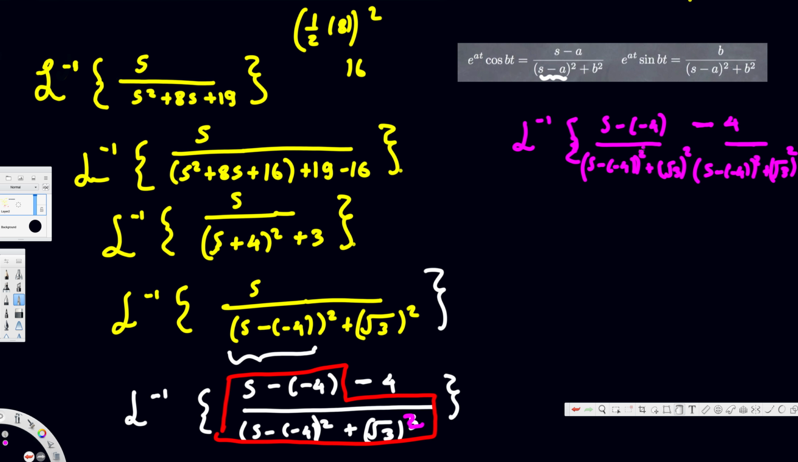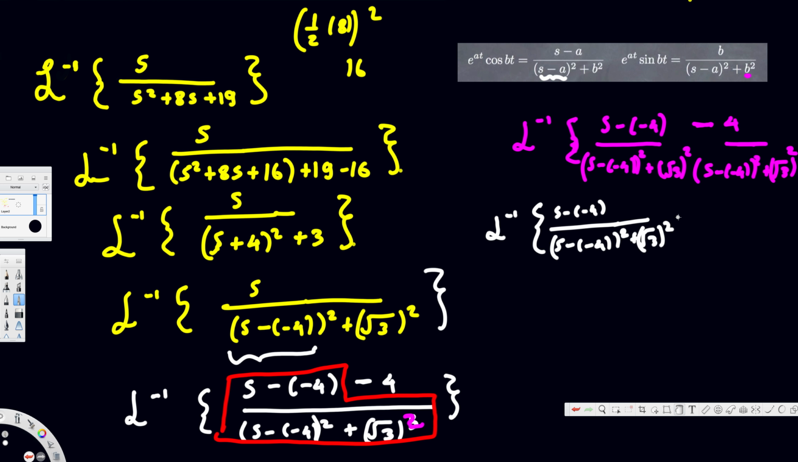Now here we have this cos pattern, but let's look at this one. Here we have almost related to sine pattern, but in sine pattern we have to have this b value on top. So in our case, b value is root 3. We have to have that root 3 on top. So what we can do is we can get rid of this 4, like we can take this 4 outside. Okay, let's write this one here. We are going to have s minus minus 4 over s minus minus 4 whole square plus square root of 3 square,